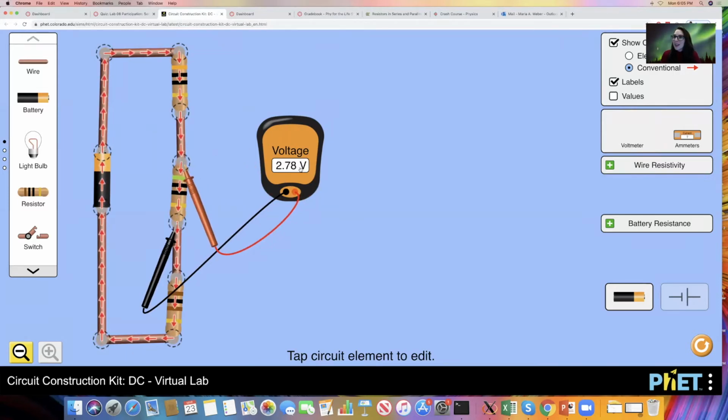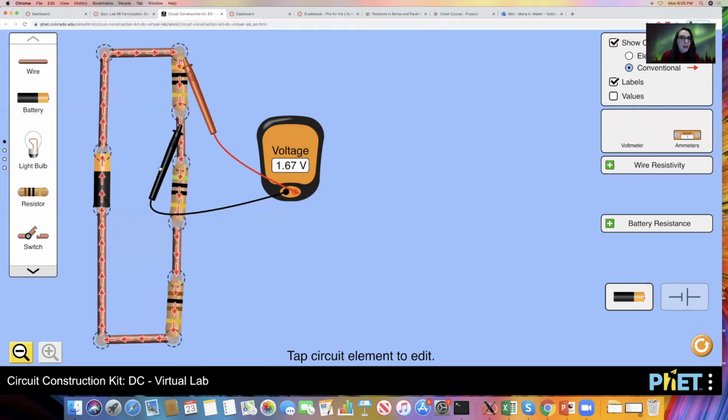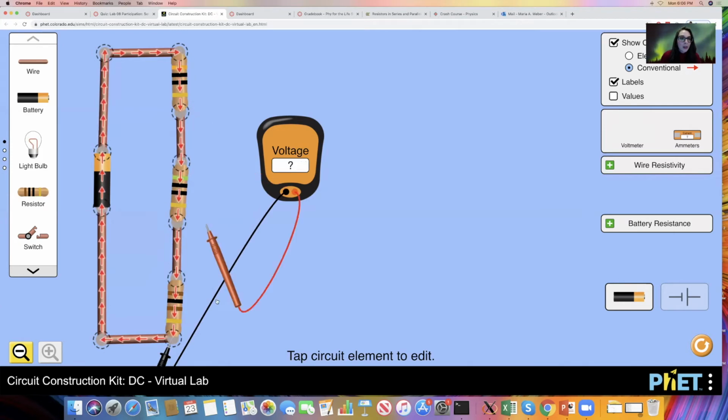And look, it tells me the voltage drop across this resistor. Now that's resistor 2. To get it across resistor 1, I'm going to put it right here. To do it across resistor 3, I'm going to place it right here. And if I ask you to find the voltage drop across all of the resistors together, then I'm going to